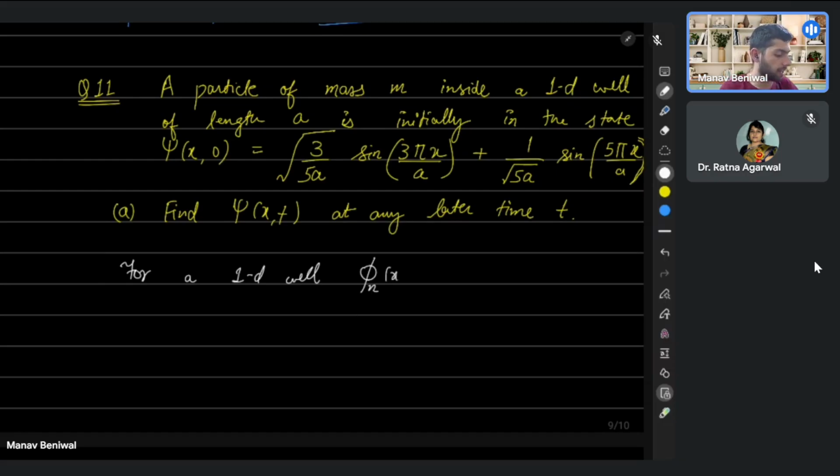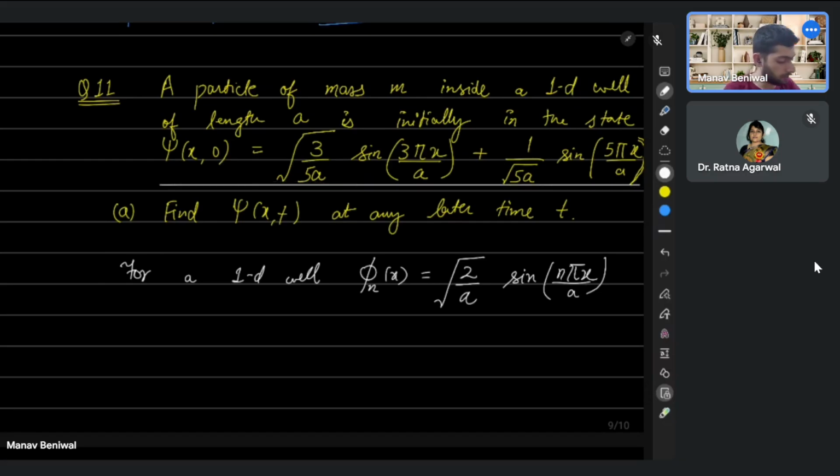So we know that phi n of x, the normalized wave function, is root 2 by a sine n pi x by a. Correct? So if we now look at this wave function which is given to us, we can actually write psi x of 0 in terms of this phi n, right? So if we write this thing as,